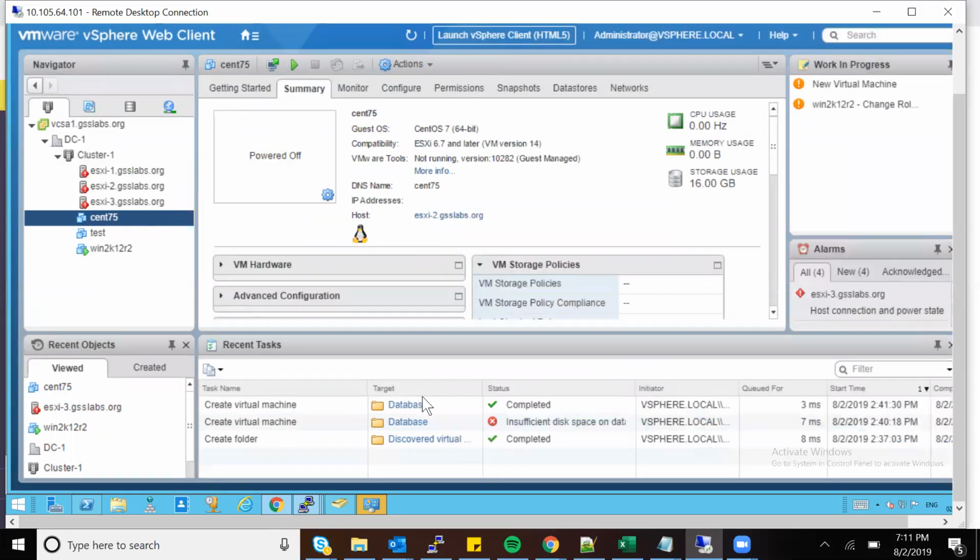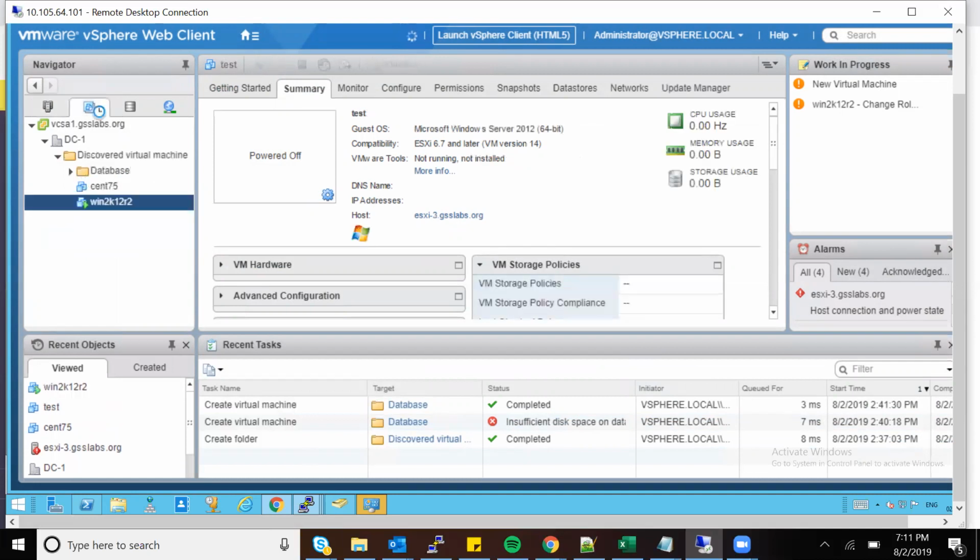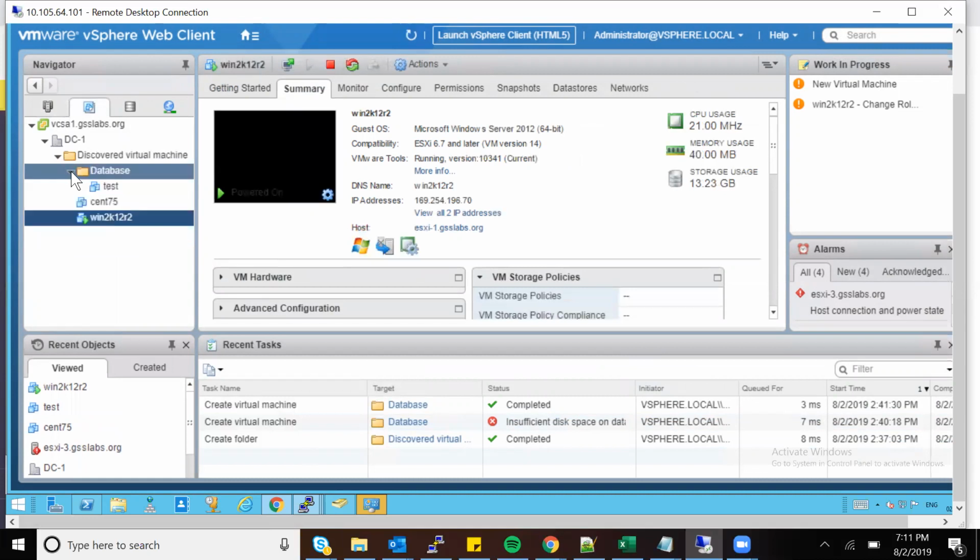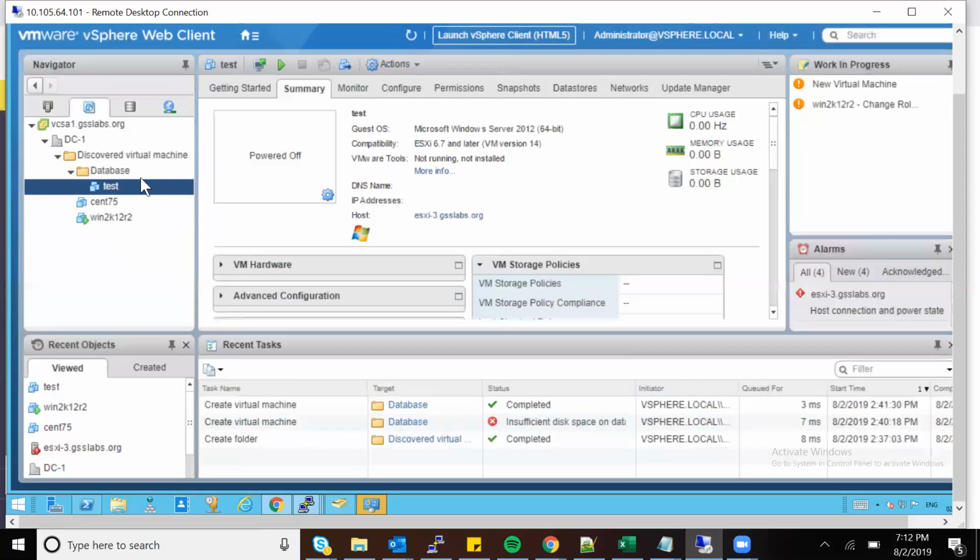So now the virtual machine is ready, and it's called test VM. Now, if I go to the folder where I created it, in the database folder, I'll be only seeing the test VM because I pointed it to be created in the database folder. Yes. This is another reason why we have folders: backups.